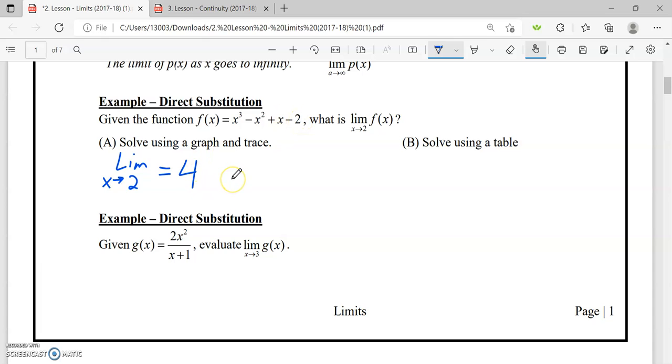So the first thing you can do is directly substitute. If you get an answer, you can be done. If you plug it in and you get like a 0 in the denominator, then we have to try something else. Okay, but